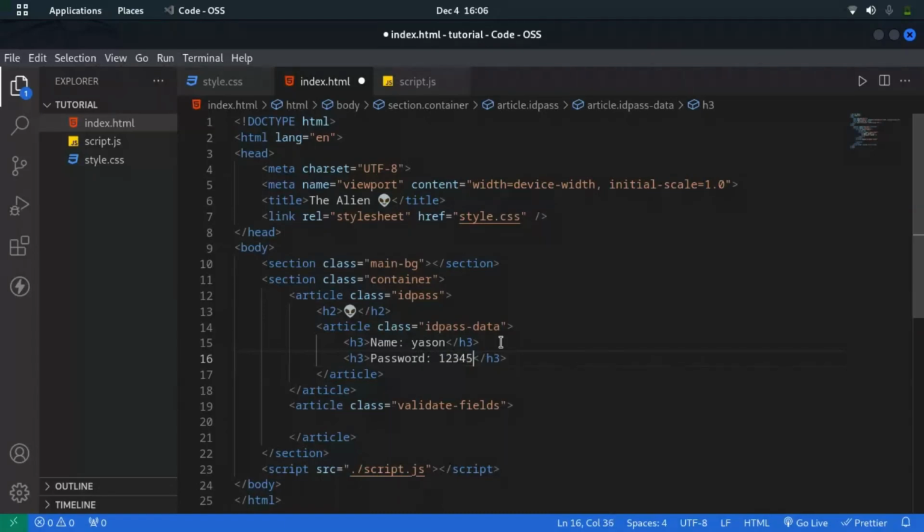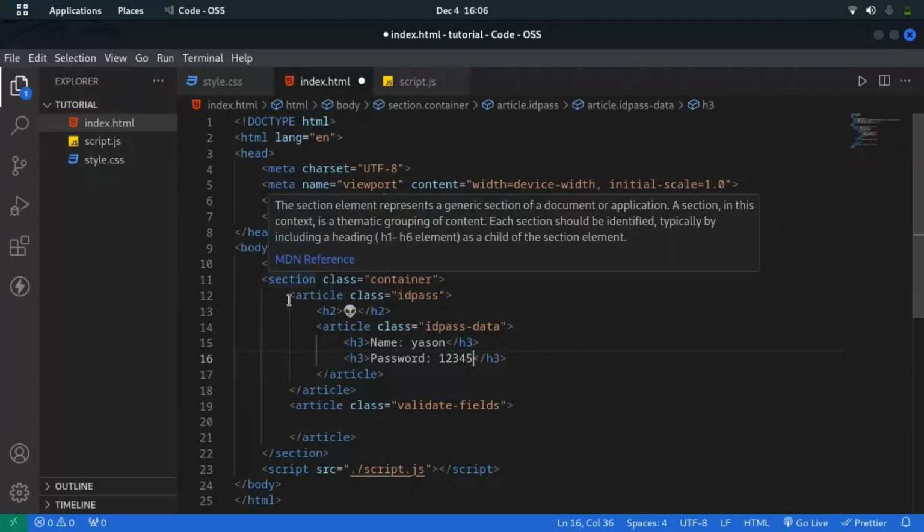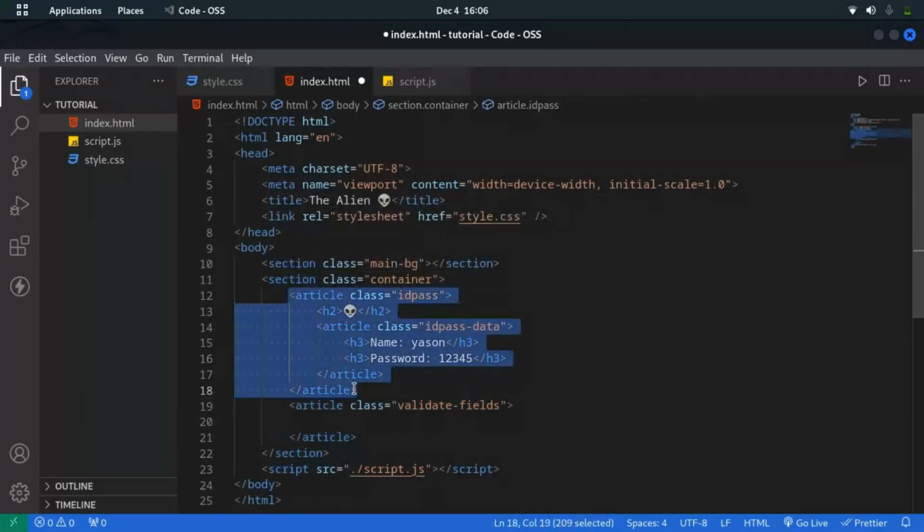One, two, three, four, five. So this is all what we want in our first child. In our first child here, this is all what we want. So in our second child,